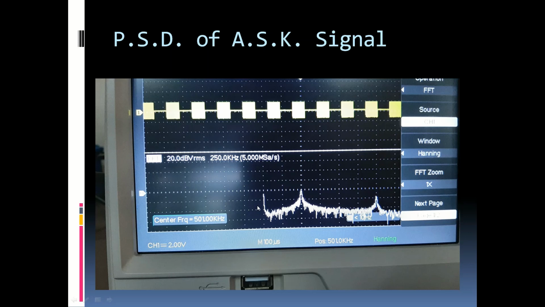And if we make the analysis further for the data signal, we'll see that there will be a fundamental frequency, and then there will be 3 times the fundamental frequency, then 5 times, 7 times, and so on. But the even multiples of the fundamental frequency are absent in the analysis, and hence the next peak that we observe in the spectrum after the 500 kilohertz carrier frequency is observed at 1500 kilohertz.